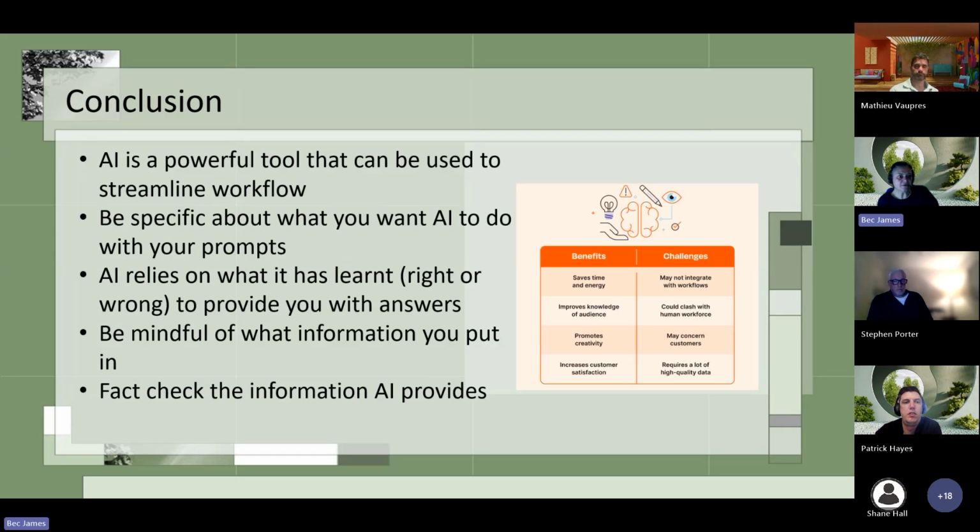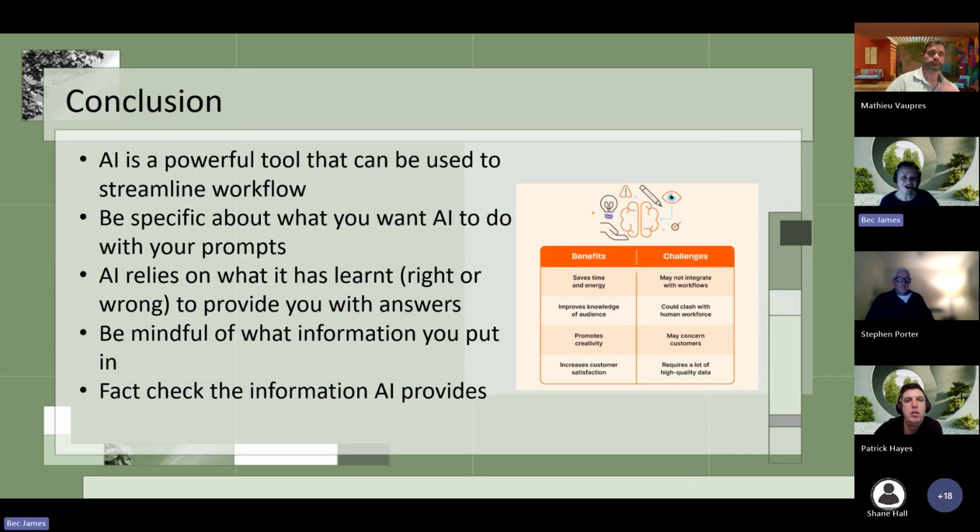Okay, so we're nearly at the end here. AI is a really powerful tool that can be used for good. It can really help us streamline our workflows, and often it can take emotion out of the responses that we have to give to clients or residents in the workplace. When you're using your AI, be really specific about what you want it to do with your prompts.